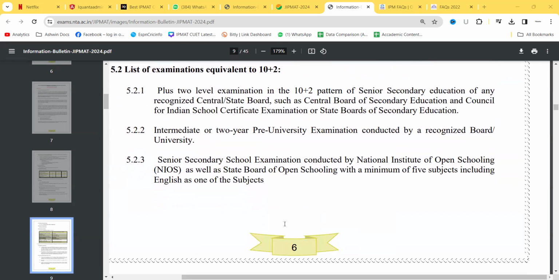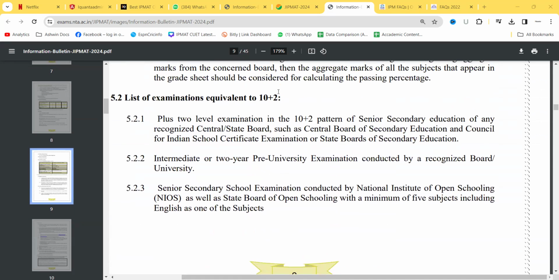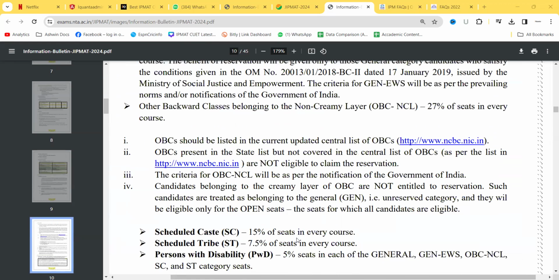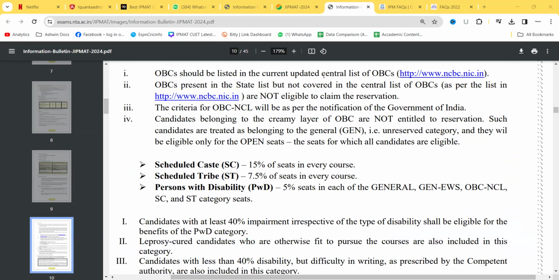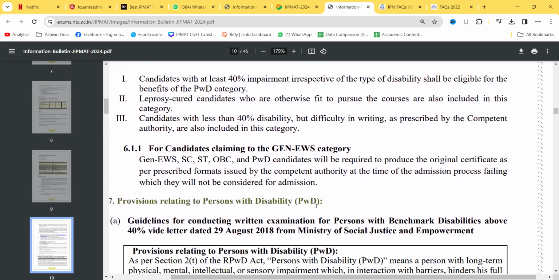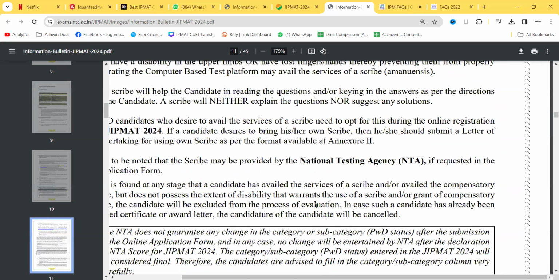After that, there is a list of examinations equivalent to 10 plus 2. There are many students who do not pursue class 12, they directly go to some sort of diploma program. So those have been given over here. Suppose you have these certificates, then your 10 plus 2 will be treated equivalent to these degrees. Then if we go ahead, there are some reservations you can read. OBC candidates, you should have central OBC certificates. Then if we go ahead, you can read this notification bulletin thoroughly once,